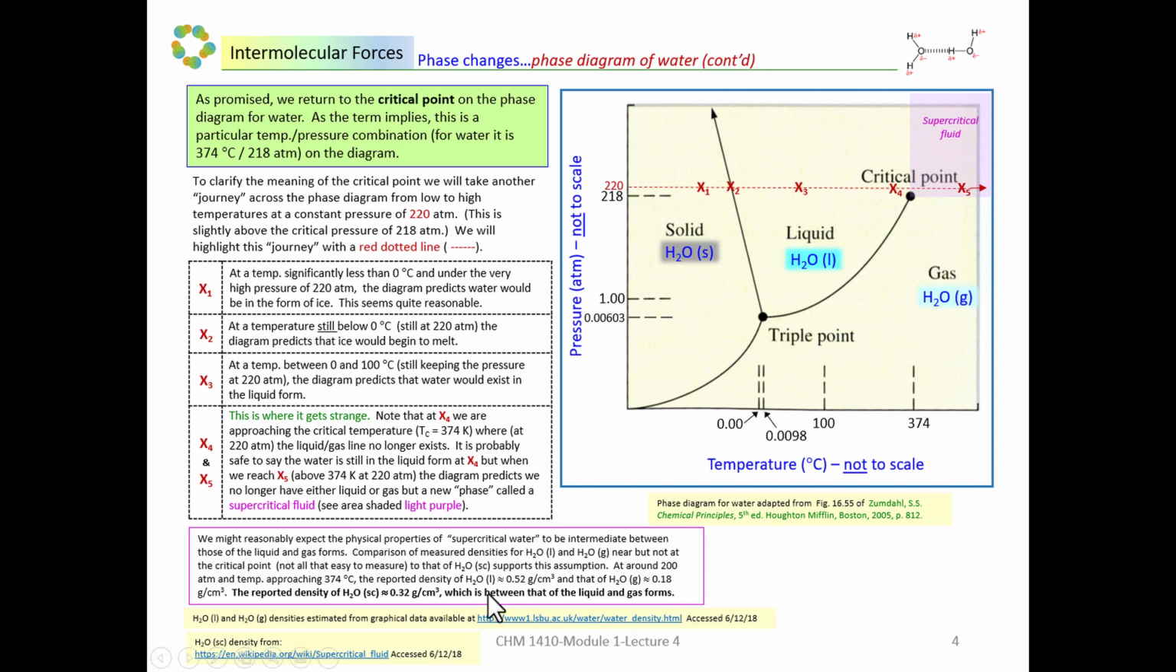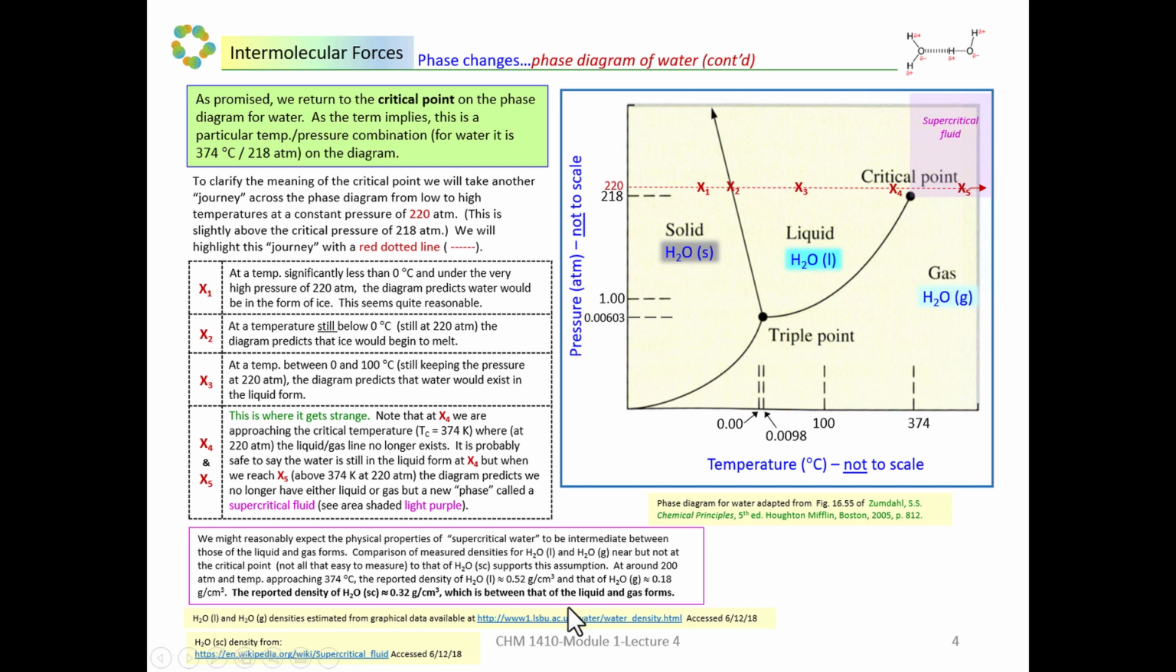Well, we can see that this is true in at least one case, because if you compare the measured densities for liquid water and gaseous water near but not at the critical point. Now these would be experiments that would not be very easy to do, but what we're saying here is that if you could measure, and this has been done, the densities of the liquid and gas forms of water near the critical point at high pressures and high temperatures, and compare those densities to the densities of actual supercritical water,